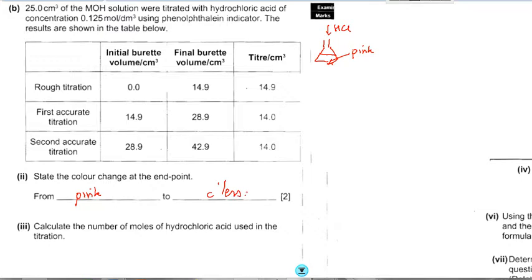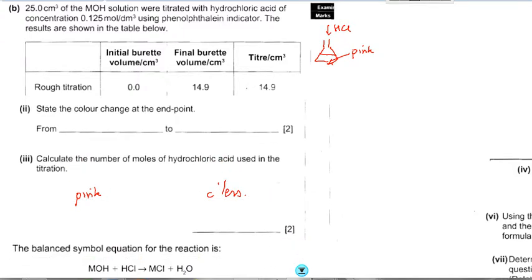Right, next thing then, what we need to do is get into these questions. So if we have a look at what they're asking us, calculate the moles of hydrochloric acid used in the titration. Okay, so that's pretty straightforward. If you think about the formula, number of moles equals concentration times volume. The concentration is 0.125, and I just abbreviate moles per dm cubed to capital M, multiplied by the volume. Well, the volume of hydrochloric acid used was 14 cubic centimeters, which is